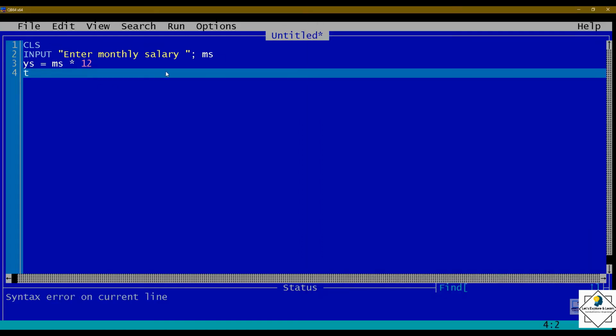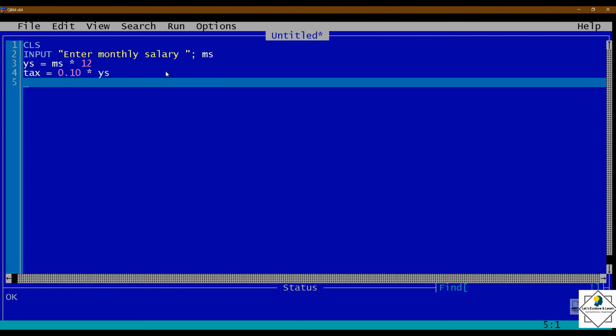So we can write tax is equal to, now you will not write 10%. If you need to write 10%, you will have to write 10/100. In programming for division, we use slash. So if you need to divide, you write slash. One option. Otherwise, you can write directly 0.10, as you know that 0.10 is equal to 10/100. So either you write 10/100 in brackets or you write 0.10, your choice. So 10% of yearly salary, I can write 0.10 asterisk, means into YS, yearly salary.